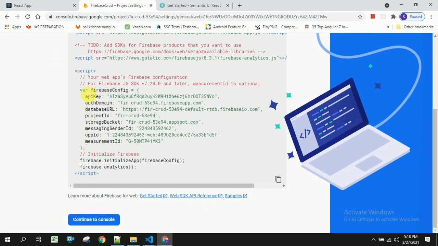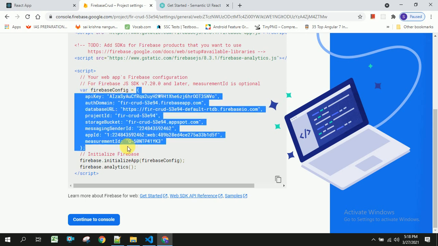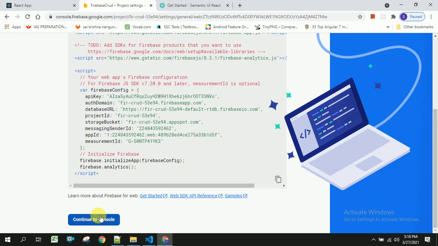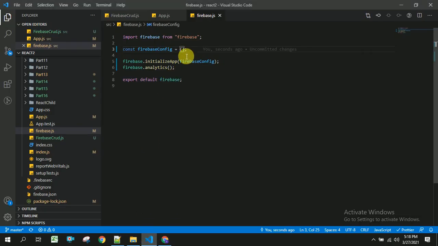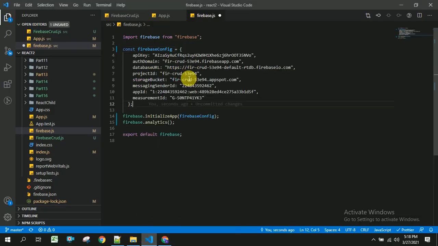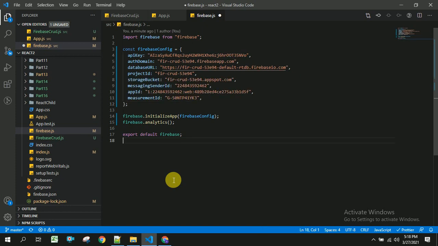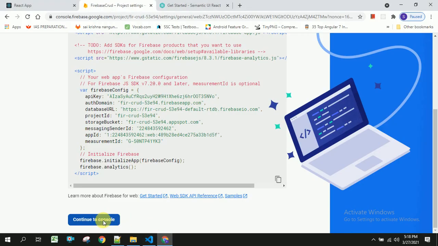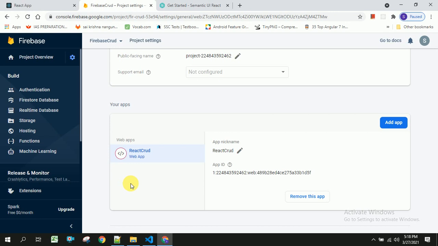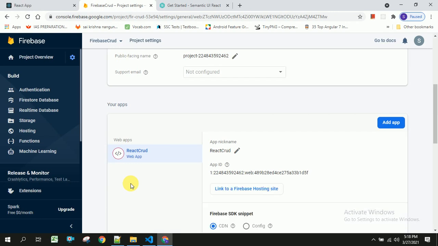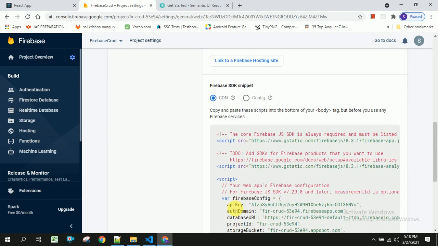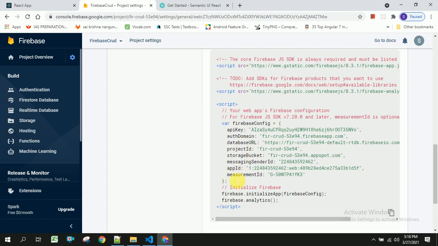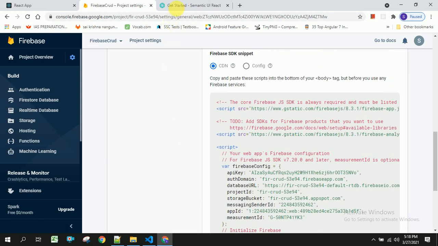So here you should be able to see the config. You can copy this and click on continue, and you can paste this in our application.